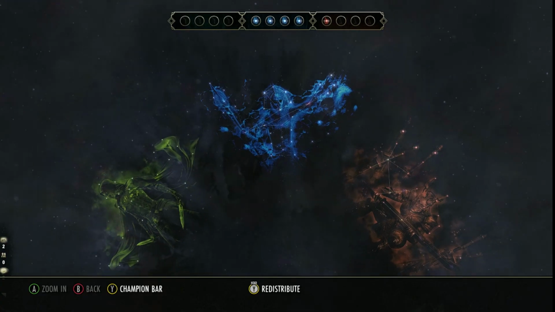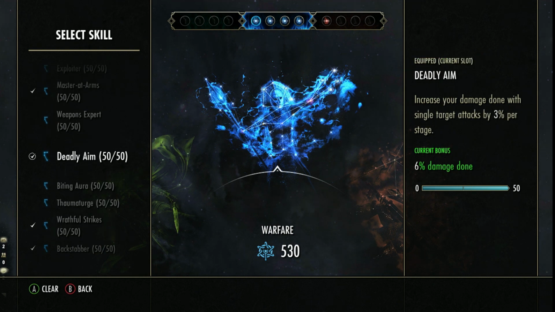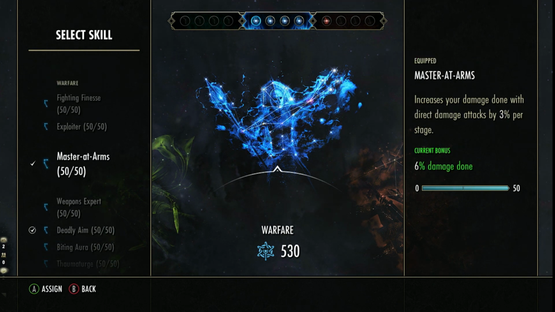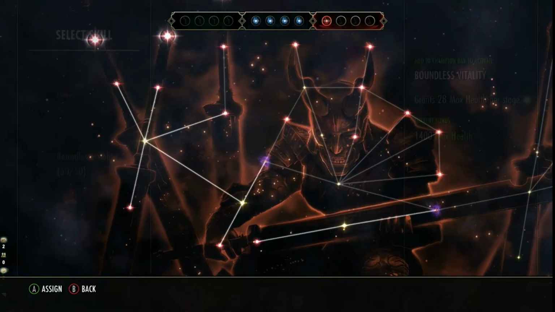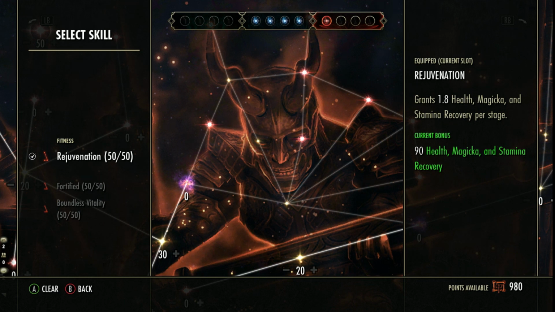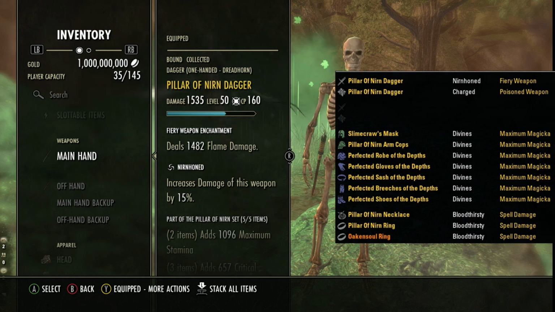So for CP, for the blue tree, we're going to be running Backstabber, Wrathful Strikes, Deadly Aim, and Master at Arms. If you can't flank the enemy, opt to run Fighting Finesse instead of Backstabber. For the red tree, the only thing you need to worry about is Rejuvenation, and you can slot in whatever you feel is necessary. For the gear, we're going to be running 5 pieces of Pillar Nirn paired with 5